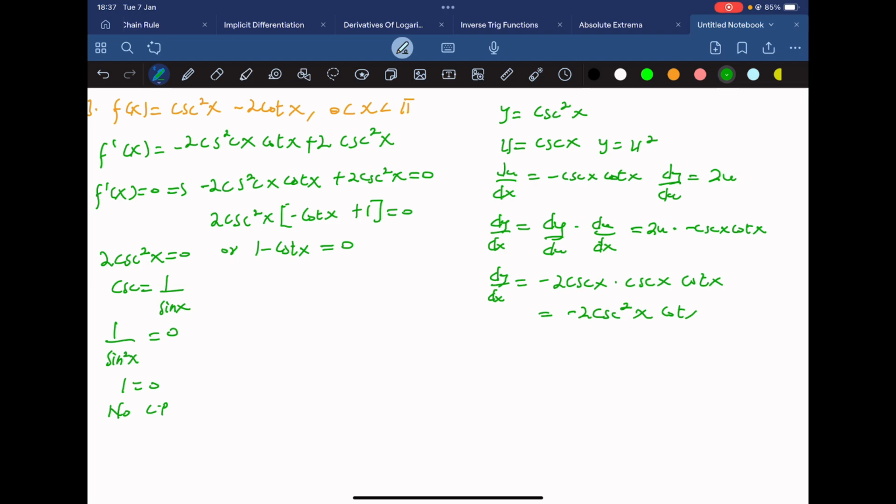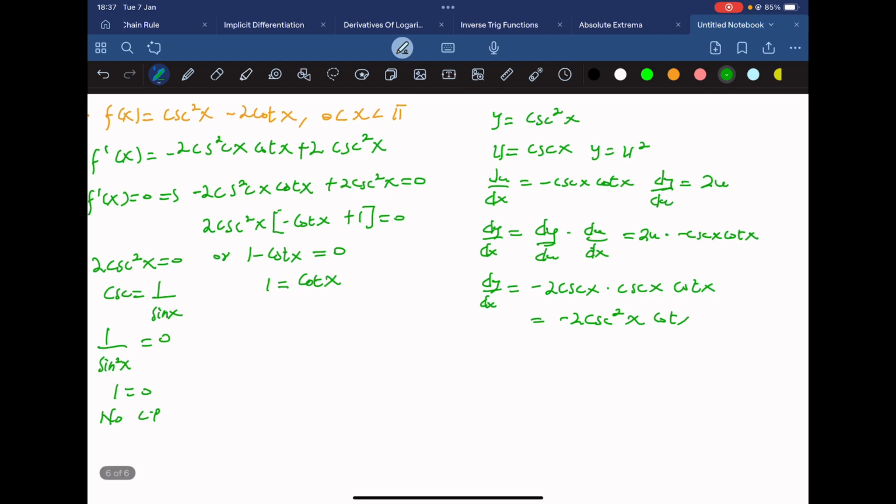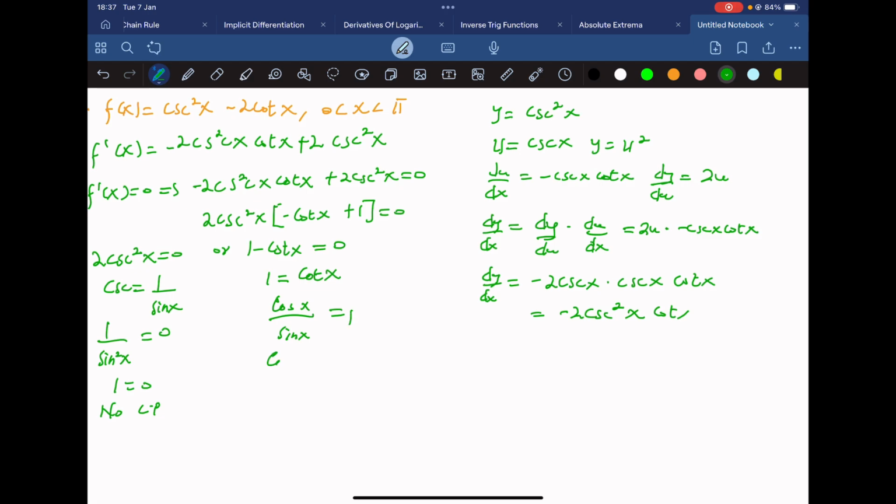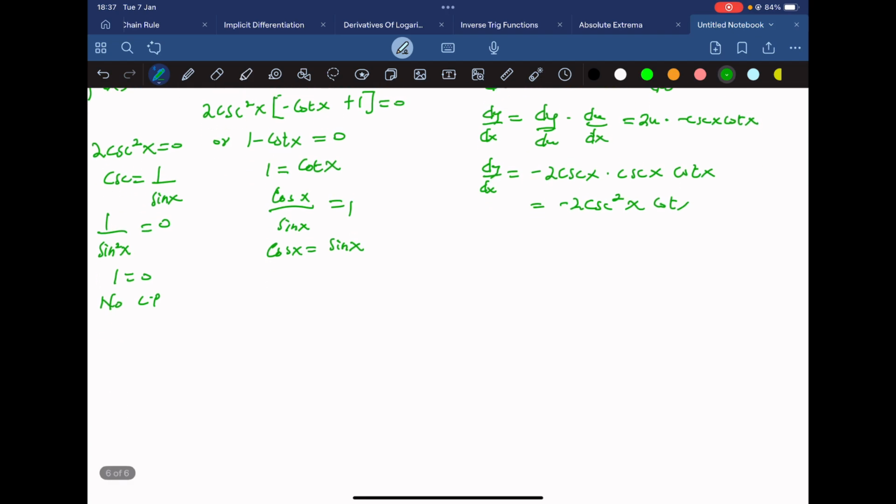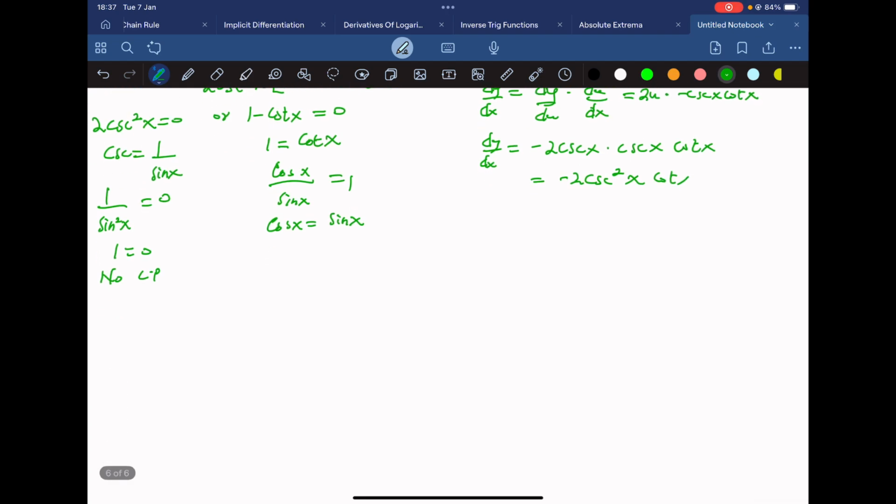Now if we send cotangent to the right hand side, we have 1 equal to cotangent. And now cotangent is the same as cos x over sine x. Now this is equal to 1. So basically we have cosine of x is equal to sine of x. So what x values will satisfy this? Using the reference angles that we did before, remember the only x value that will satisfy this is when x is equal to pi over 4, because sine pi over 4 is